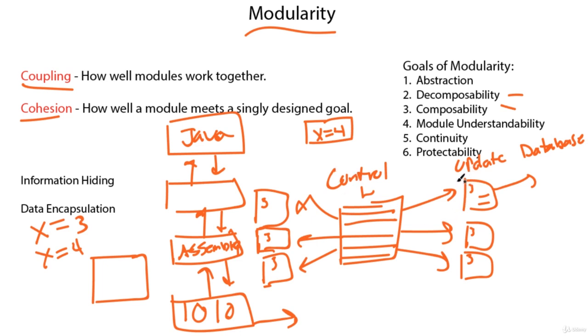And finally, protectability. The way that we can protect data is if we keep it very, very sort of on lock in specific files. We don't have 85 different files contacting the database. We have a single controller or a single set of controllers that do it. This not only helps us with unintended consequences, it also helps us against hacks and stuff, because if we have 86 different entry points into our database, all that has to happen is one of them has to fail before someone jumps in. So getting that under control is very, very important, and modularity helps you maintain and get a